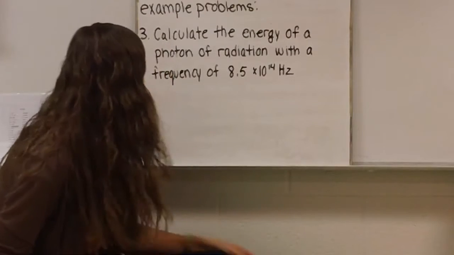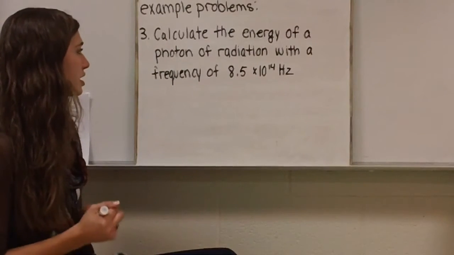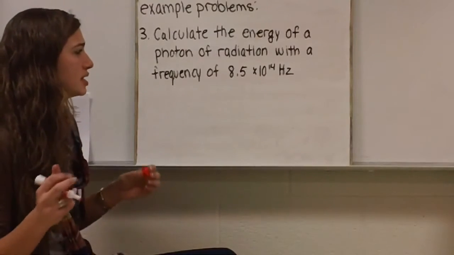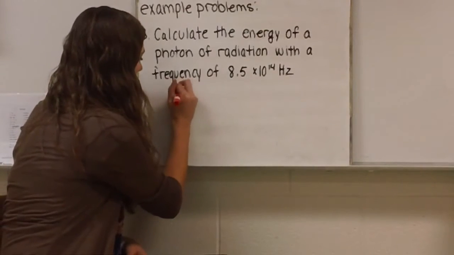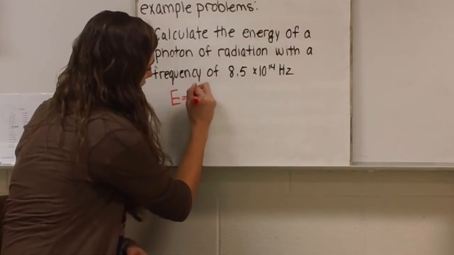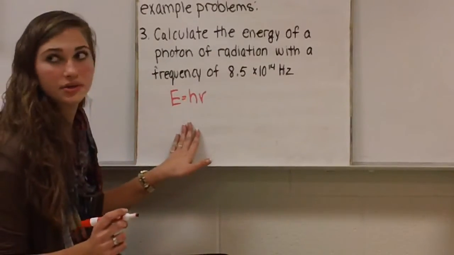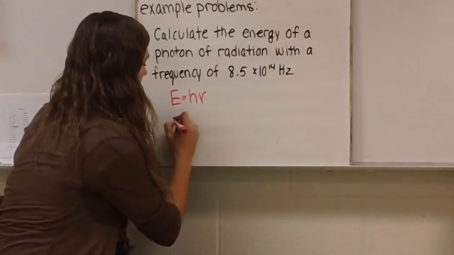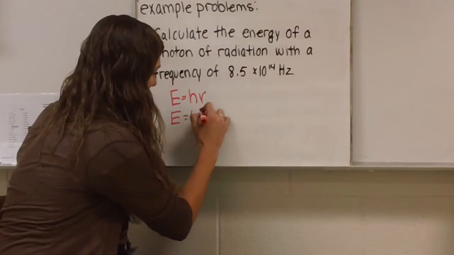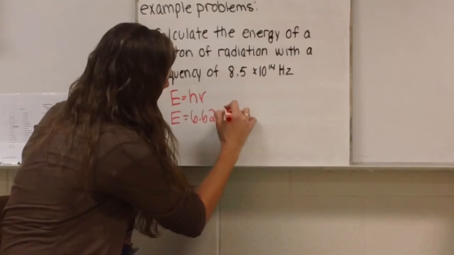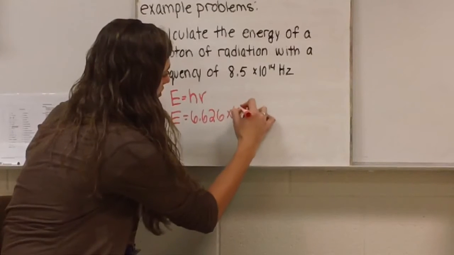So let's try some example problems. Calculate the energy of a photon of radiation with a frequency of 8.5 times 10 to the 14th hertz. So we're going to write our equation down. E is equal to h nu. And here we're looking for energy, so our equation's already set up like that. So now we just have to plug in our numbers. So E is equal to Planck's constant, which is 6.626 times 10 to the negative 34